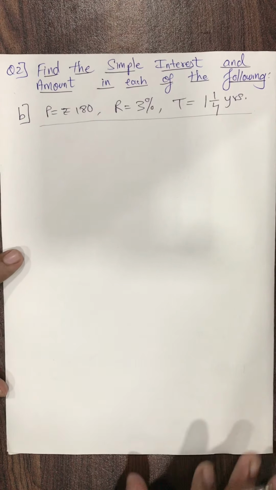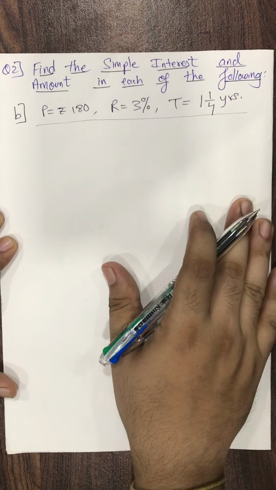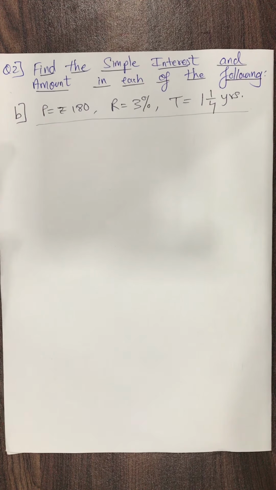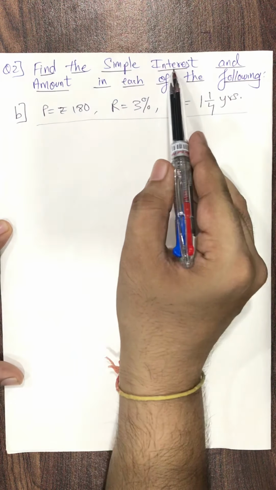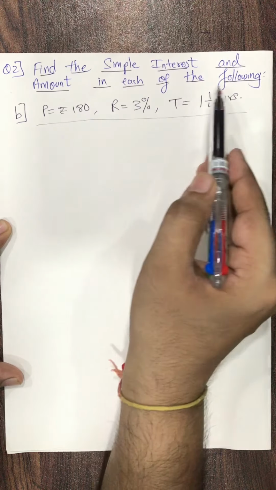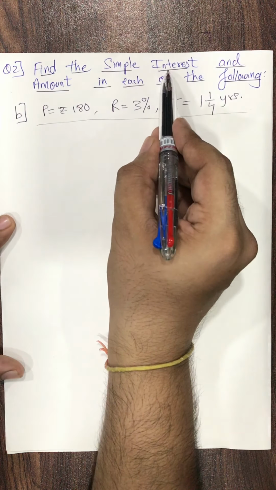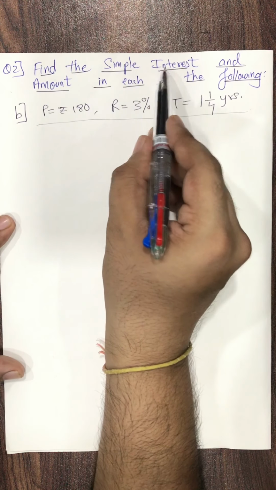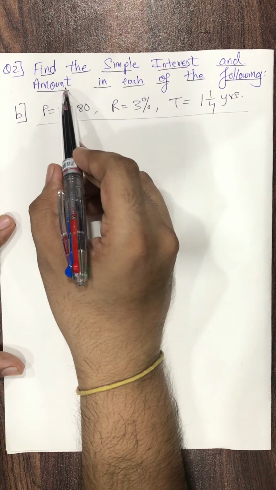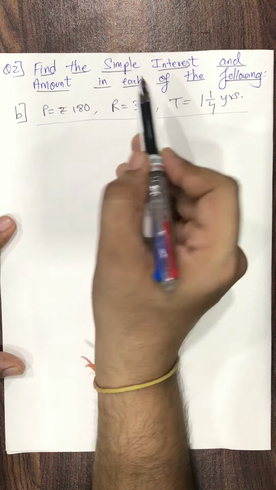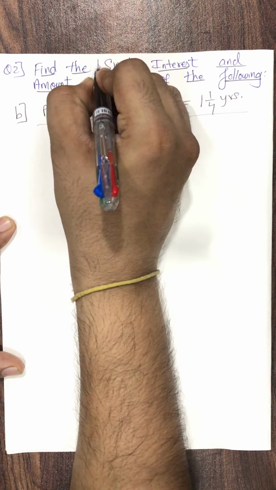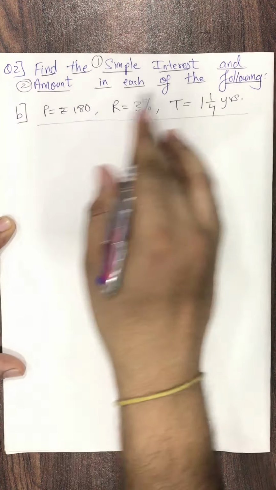Students, now question number 2. In this chapter, we'll be doing only question number 2. Question number 2 of your textbook. Find the simple interest and the amount in each of the following. That's it. So simple. Simple interest, capital SI. We know the formula, PRT upon 100. And amount is what? Principal plus simple interest. So basically first we need to find the simple interest and then we can find the amount in each of the following cases.